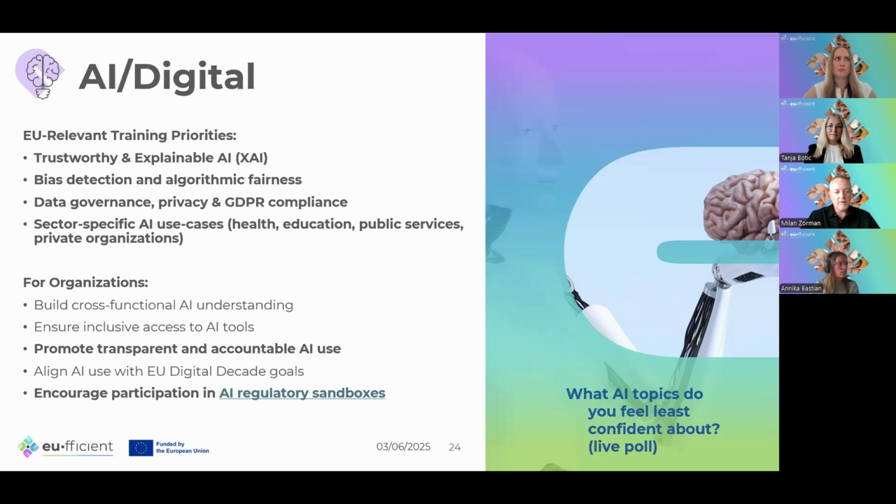Being aligned with data governance, with GDPR compliance and so on is a big challenge, especially when we try to compete with Eastern and Western competitors in this field. Additional complications come from sector-specific use cases. In this case, if we just look at our CEFs, health, education, and mobility, we are facing quite a lot